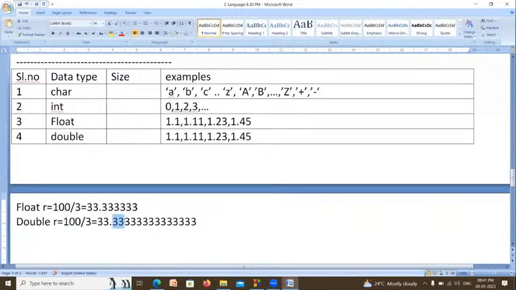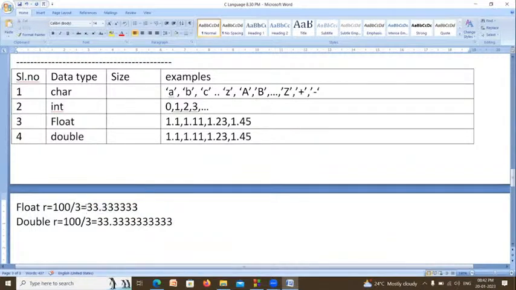Whereas double maintains 10 precisions: 333, 333, 333 and 3. If you want to maintain 6 or fewer precisions, you can take float. If you want more than 6 precisions, you have to take double. It gives more accurate results, whereas float gives less accurate results. That is the difference between float and double.